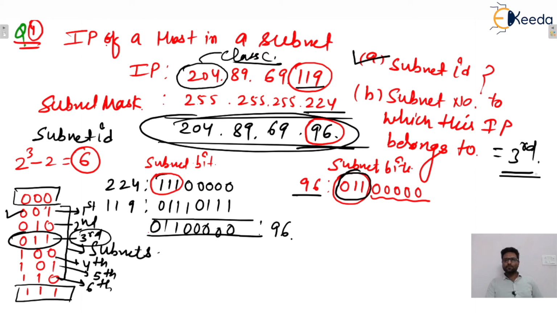So I'm going to draw a tree-like structure, so everything will be clear to you, isn't it? Let's say there are 6 subnets in total. So you only tell me what will be the subnet here. Subnet ID is clear to everyone. So the second one is,